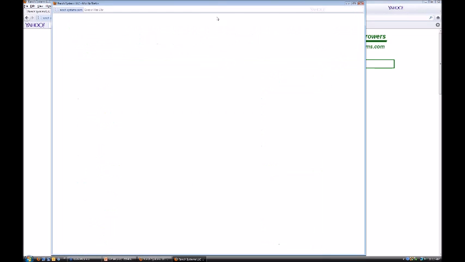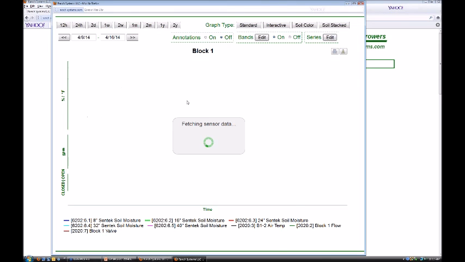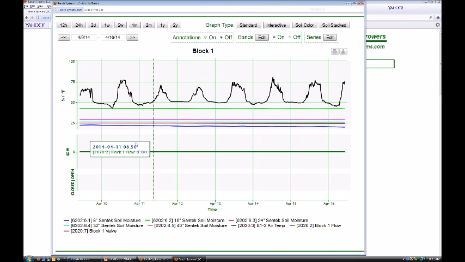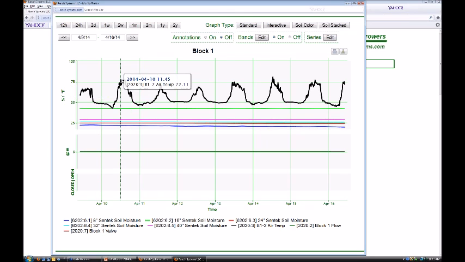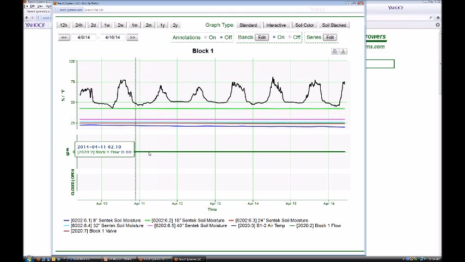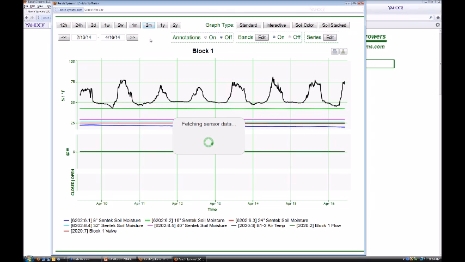Or we can click on Show Graph, and this will show the graph of all the sensors that are in that zone. You see here we have the air temperature, and we have block valve status. Let me go back, say 2 months here. So this new graphing function has been released here just a few months ago, and we've been working on it